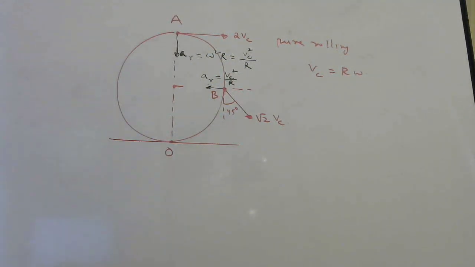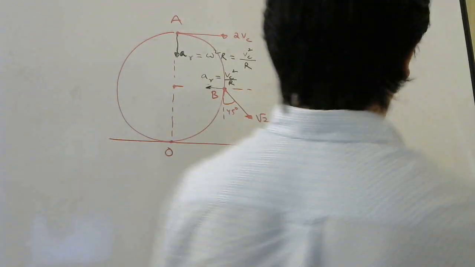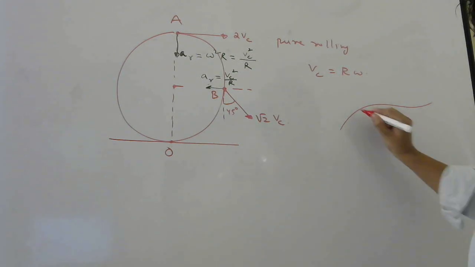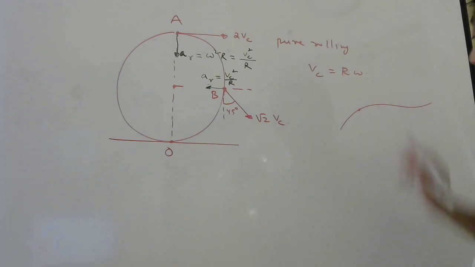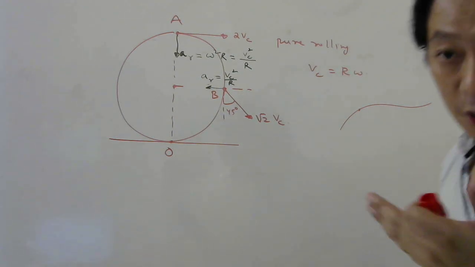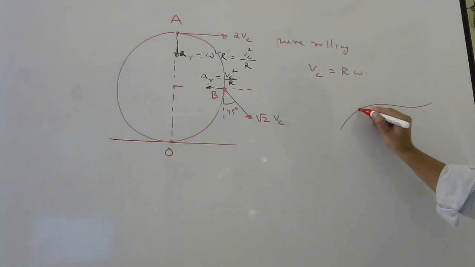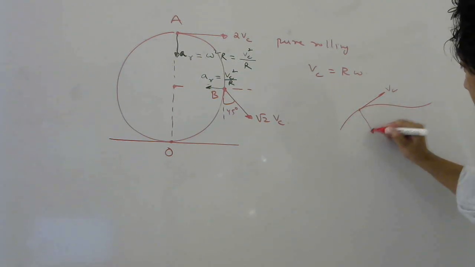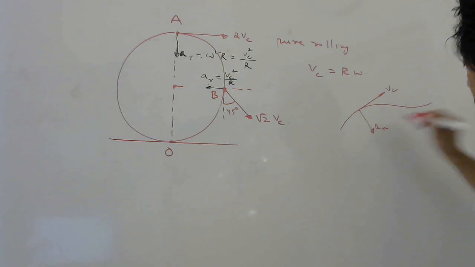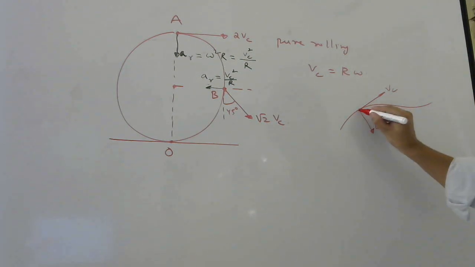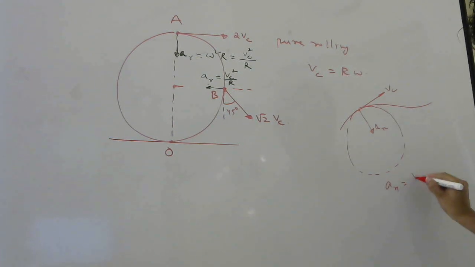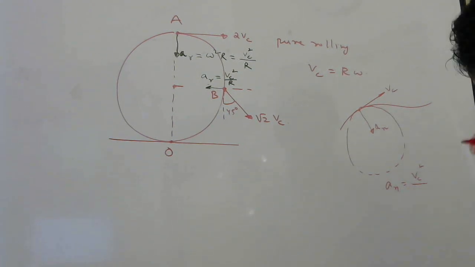Okay, now to find radius of curvature, so let us say this is your path. Now I want the radius of curvature at this point. The technique which I explained in the previous video is: find the velocity, which will be tangent to the path. Then find the acceleration perpendicular to that velocity. That is your normal acceleration. And the radius of curvature will be V square by normal acceleration.